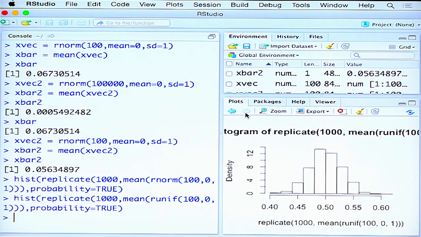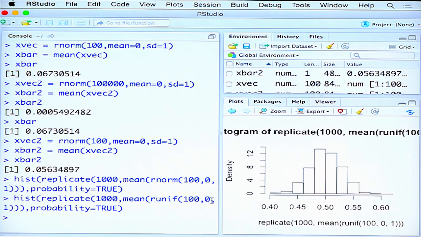Now, turn to the next case where we have generated data from a uniform distribution. Again, f of x bar is Gaussian and is centered around what? 0.5. When I changed from R norm to R unif, I specified the parameters 0 and 1.